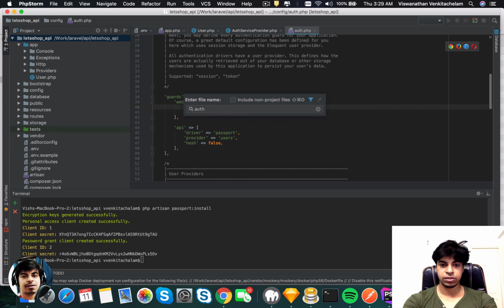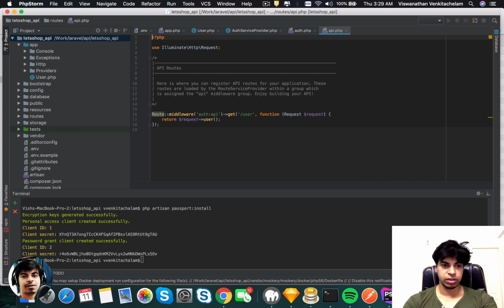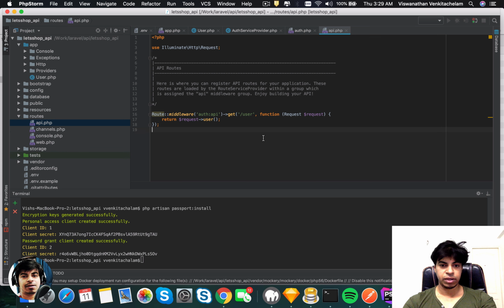So for that, let's go to api.php, which is within the routes folder. You have the api.php. There, whatever you already have, let's remove that, and then start with creating a register function, which will be the route. So for that, registering in the sense you need to register a user that you are trying to create. For that, you need to have a route for that. So before even creating that,